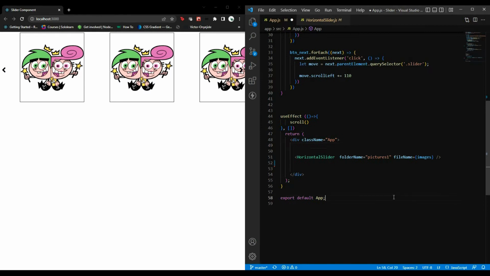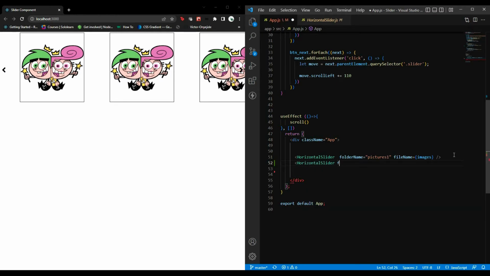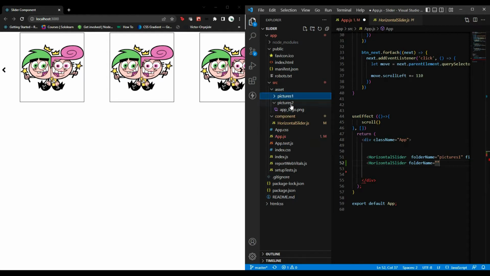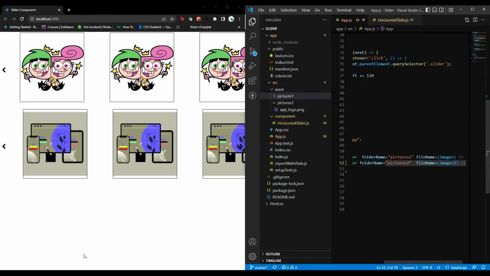So now let's say I want to create another one, right? I'll just write the horizontal slider tag. Then I'm going to give it its folder name. So here I'll be displaying images in folder 2, pictures 2. So I'll say pictures 2. Okay. Then I'll pass in the name of the images that I want, right? So images 2. Then if I save this, boom, it's right here,